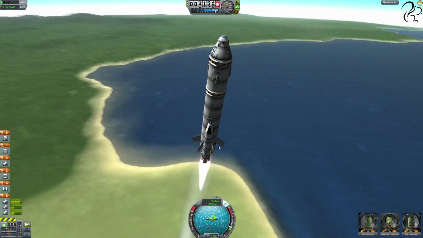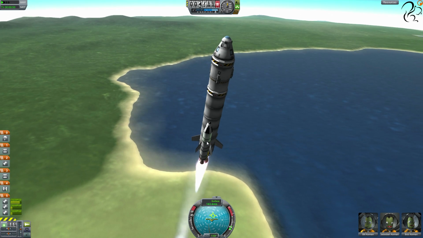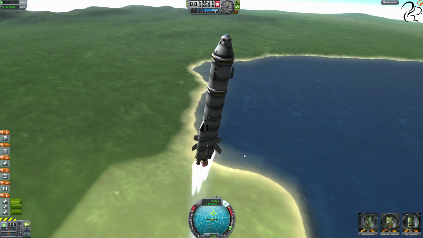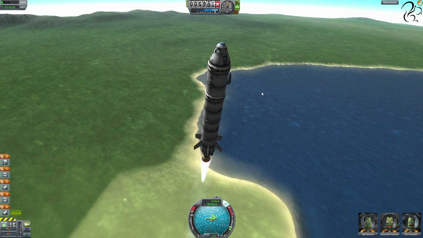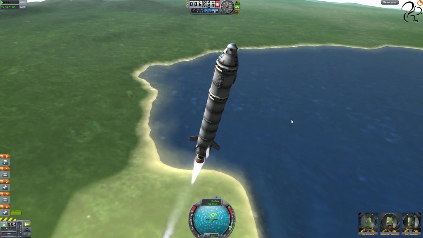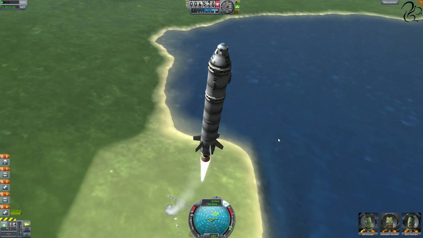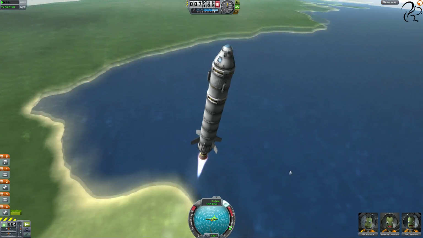Asparagus staging was invented back in the 60s or 50s, I can't remember, by a very clever man. A very efficient way of taking off. And there you go. So we've reached a height of 5,500 meters, and we've lost an awful lot of our weight. Cool, huh? Anyway, the other stages in this rocket are...